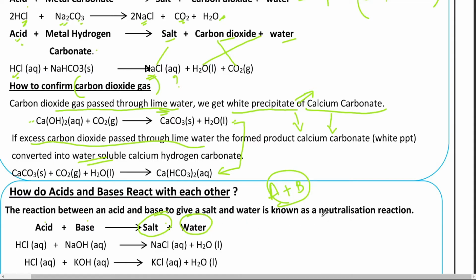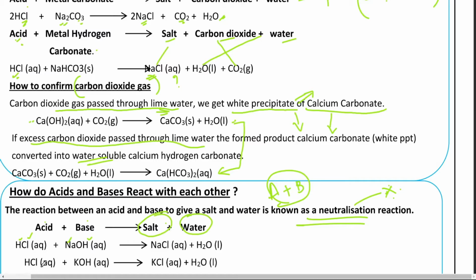So whenever the acid combines with the base, it gives you salt plus water, and this reaction is called the neutralization reaction, and this is extremely important for your other chapter, that is your chemical equations and reactions. There also you get this neutralization reaction. So acid and base, whenever they combine, give you salt and water, and therefore this reaction is called the neutralization reaction. Example for this is HCl, that is our acid, and NaOH, that is our base. When they combine together, they will give you NaCl, and the other byproduct is water.